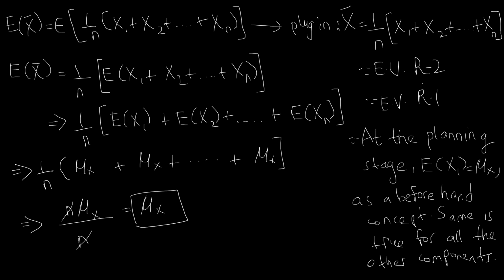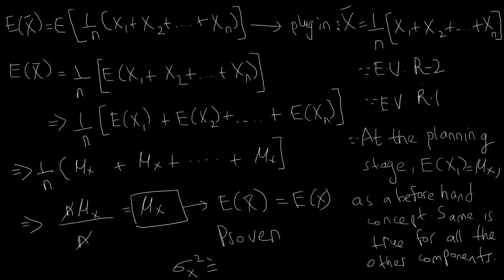So we have proven that the mean of the distribution of x is equal to the mean of the distribution of x bar. So this is expected value of x bar, which is equal to the expected value of x, hence proven. Now in the next video, we're going to prove that the variance of the distribution of x is greater than the variance of the distribution for x bar. Okay, so let me just erase this and rewrite this. So in other words, we're going to prove that the variance